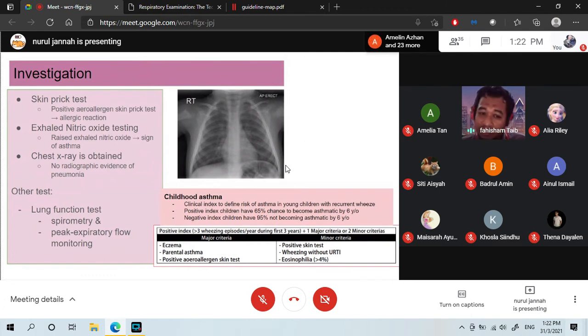Lung function test, well, it's not done because the child is 4 years old, isn't it? A 4-year-old, you're not going to be able to do it. If it's more than 6, 7 years old, then you can perform it, peak flow as well. But that's not really it. So all the cases must be based on the history and physical examination, in the age of less than 5 years of age. Then we come into all this.